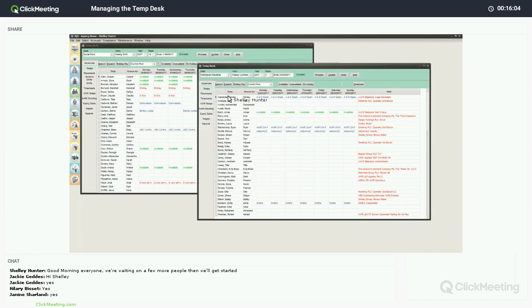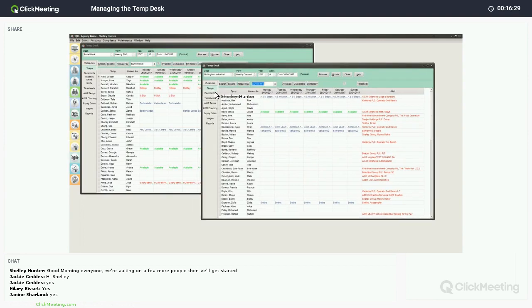So having a look at our contract desk here, again, much the same. We've got our availability, you can see where people are working, and we've got the ability to add availability, unavailability or holiday, as well as have a look at holiday pay. The options in the drop down are exactly the same, so it's pretty much the same, you just don't have the added shifts options there. So we'll now have a look at the